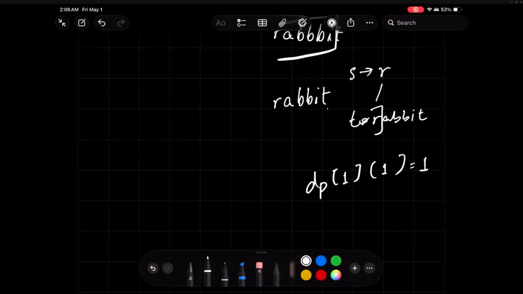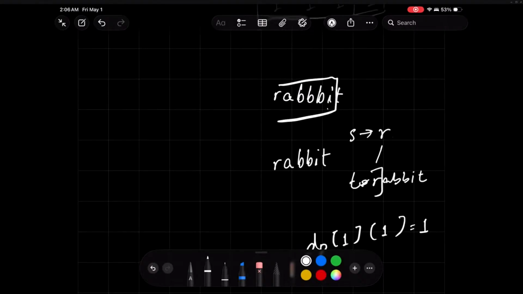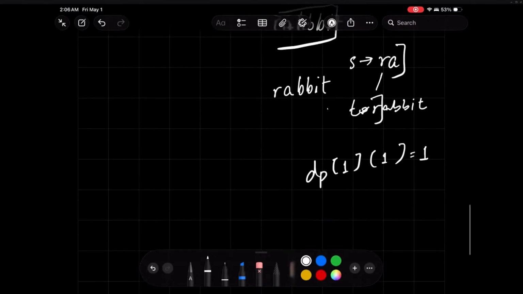Next, what am I going to do? I'll try to, I guess, extend S. So now I'm dealing with S as RA and T as just R again. So we are solving for